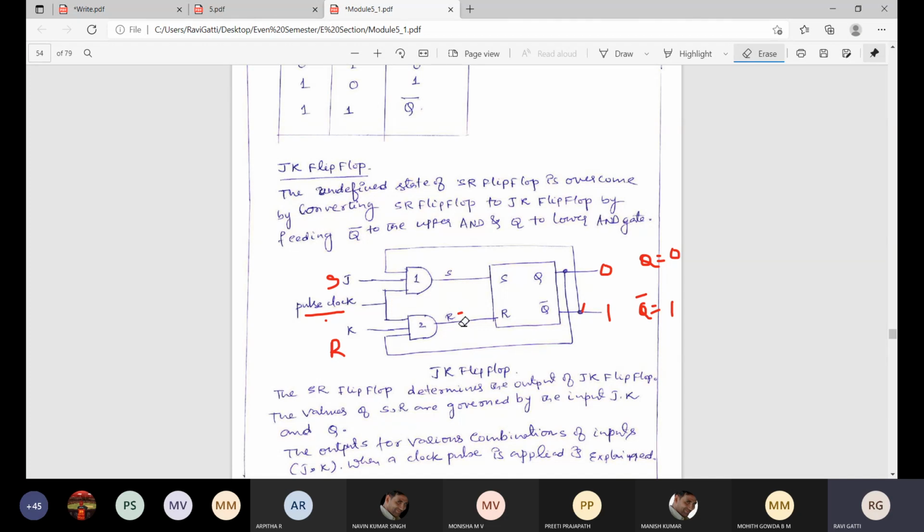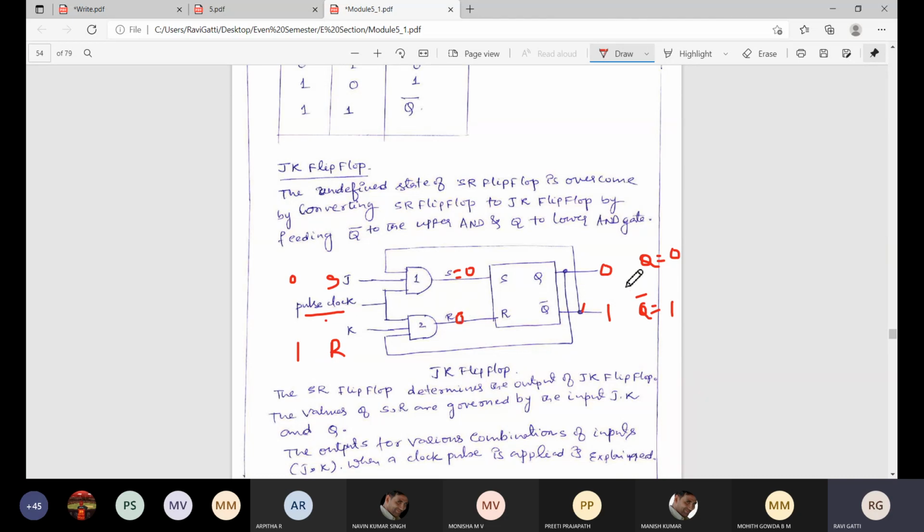The next condition is when S is equal to 0, R is equal to 1. Now we can see here, since anyway 1 is there, it is 1, 0, 1, so again S will be 0. Now check this condition. 0 is there, 1, 1, 0, so 1, 1, 0 is nothing but 0 only.